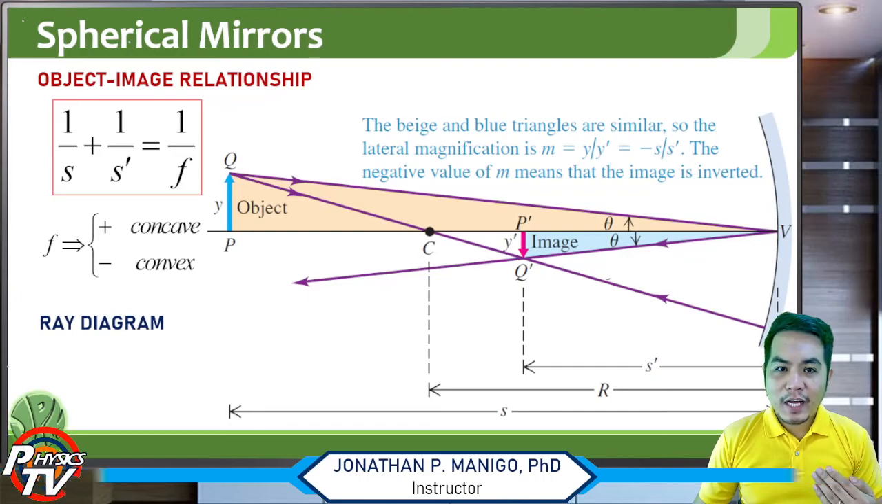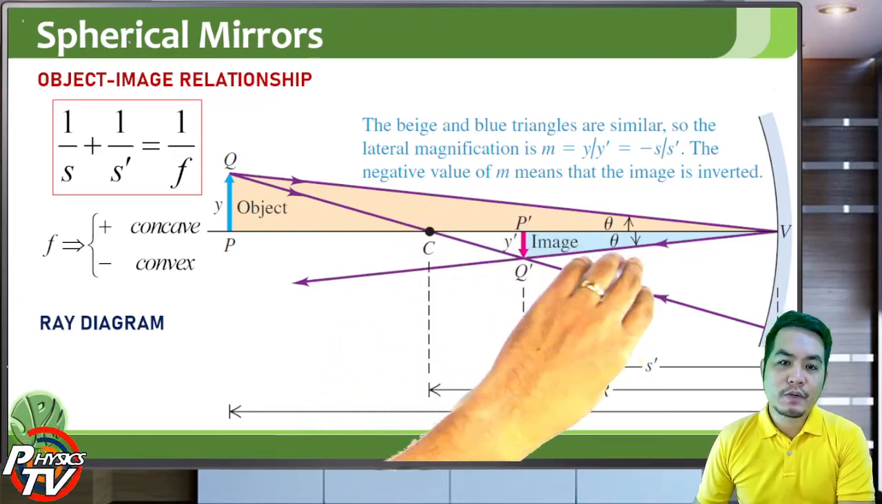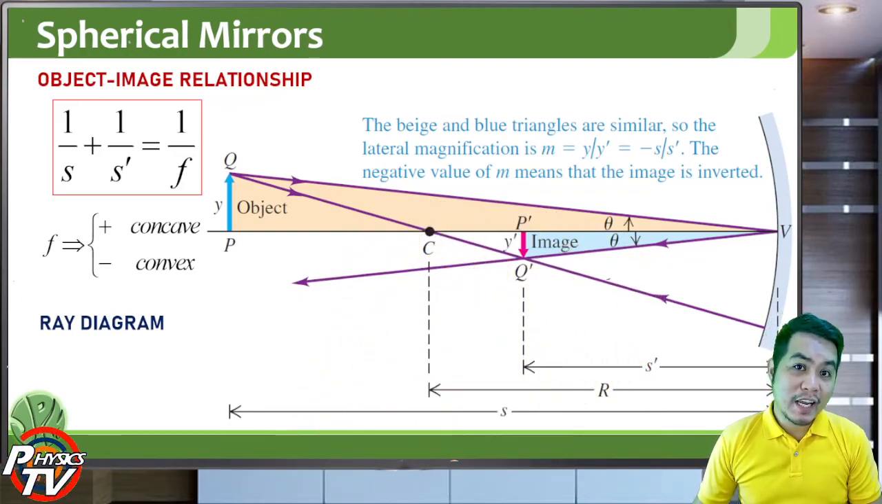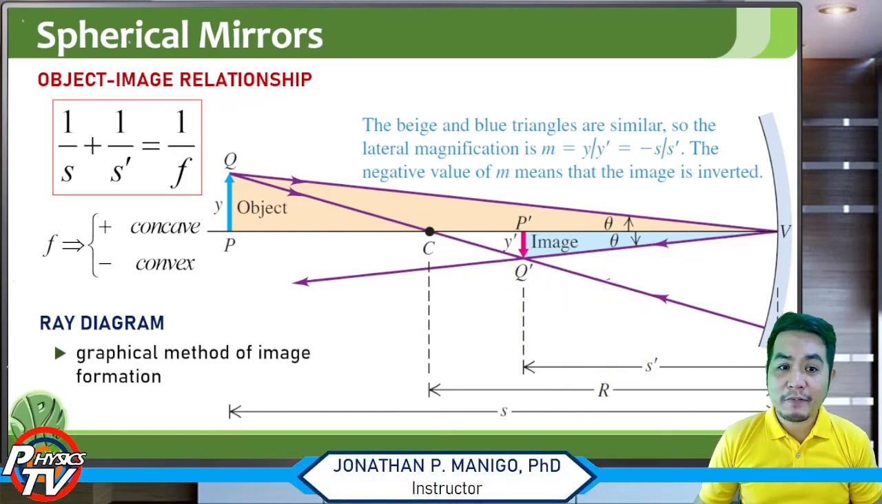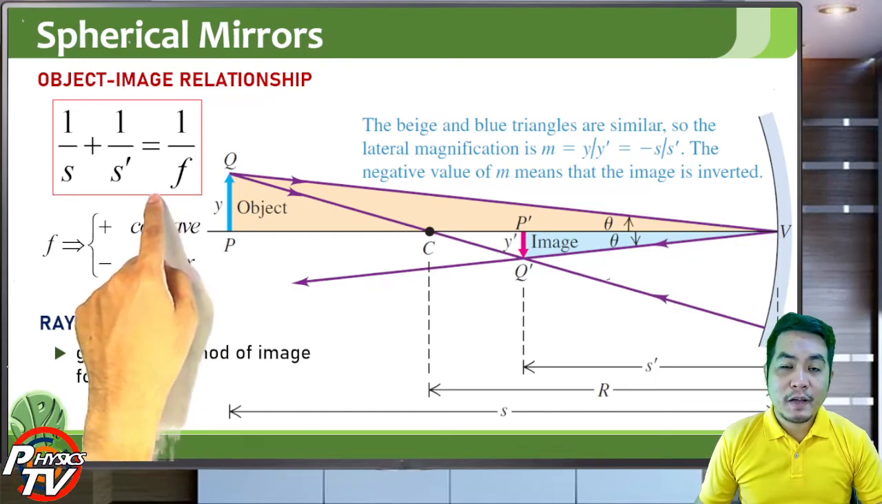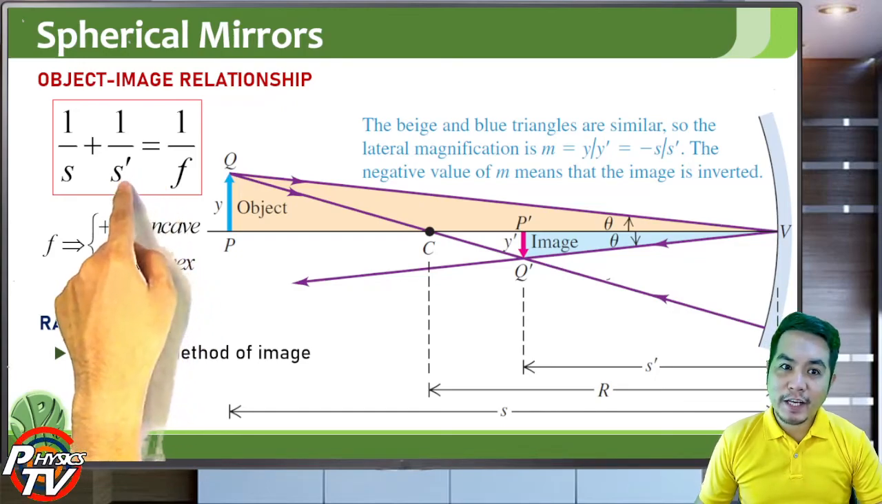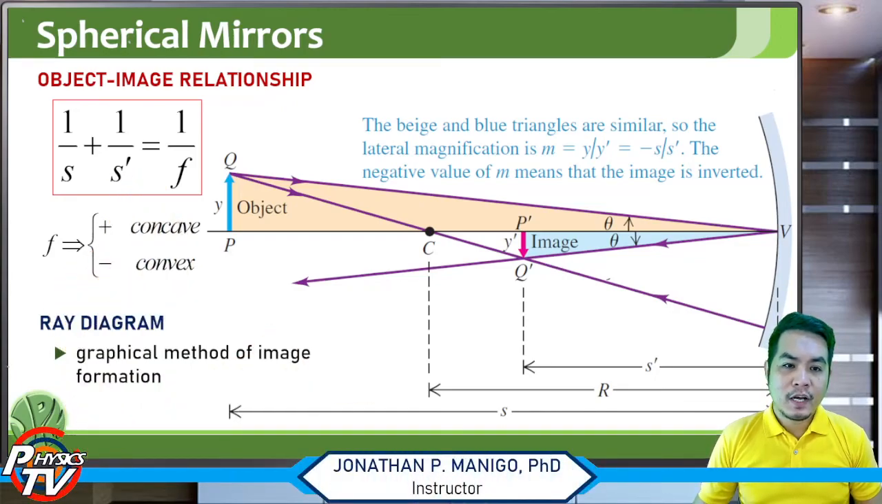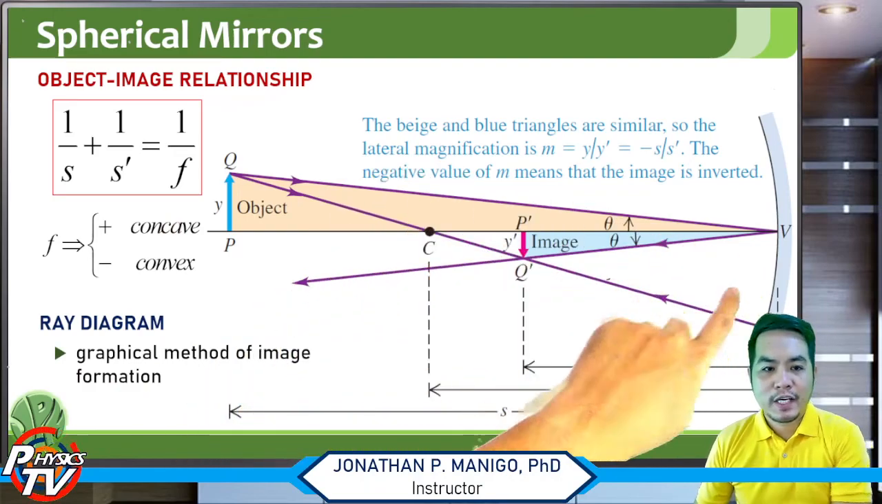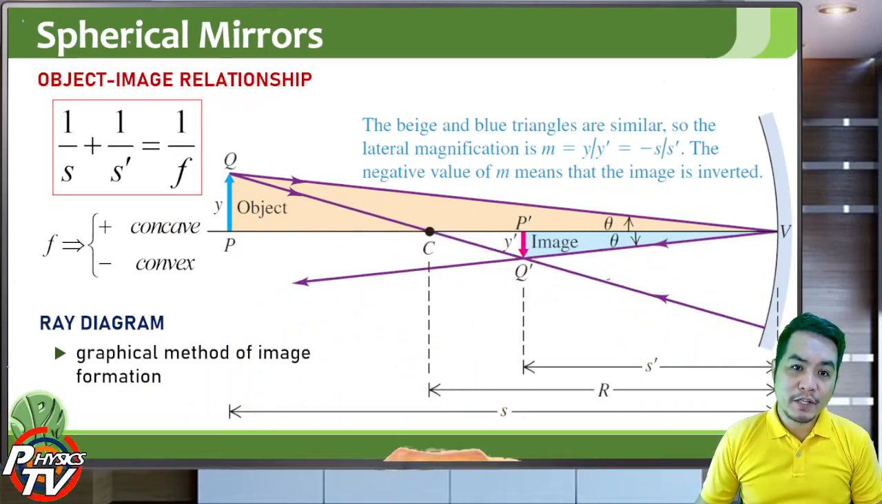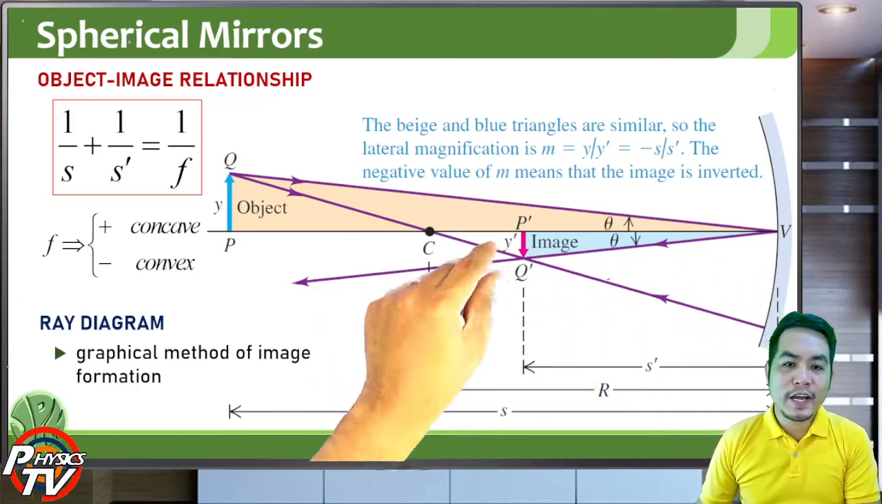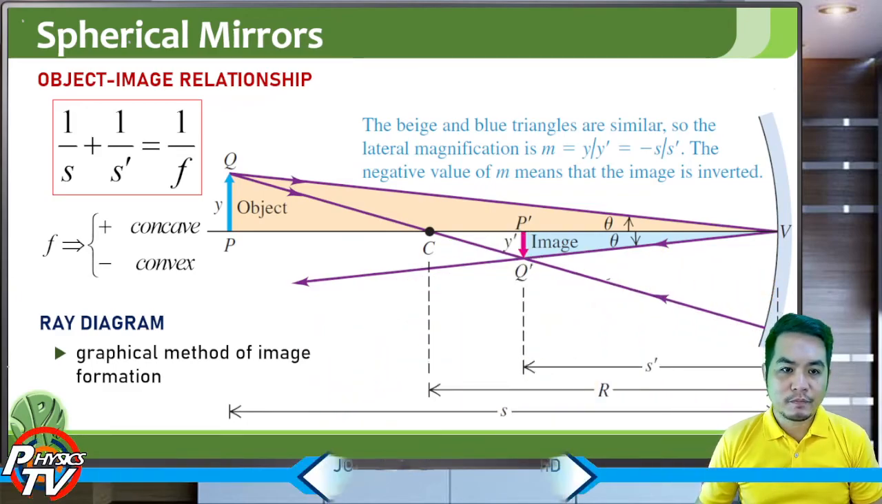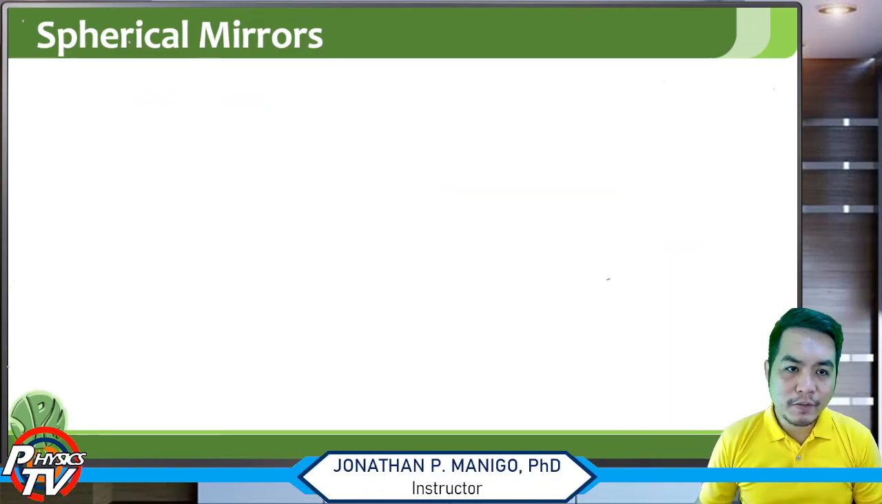So this image or diagram that you see here is what we call a ray diagram. So a ray diagram is the graphical method of image formation. So this is the mathematical method of finding the image, s prime. And what you see here is the graphical method of image formation, where you use rays to find the image. Now, in ray diagram formation,